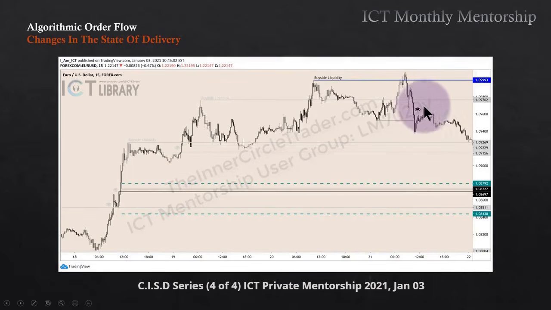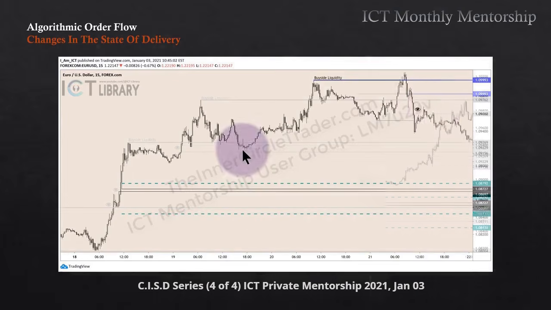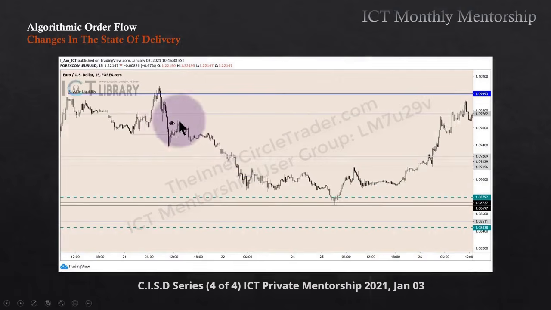And again, focusing here for the imbalance, breaker, and again, expecting price to trade below here. And here's that breaker, trades to, and then we trade down, consolidate, and go right into that fair value gap. There's the levels, consequent encroachment into optimal trade entry. Is there sensitivity there? Yes. What's happened here? We ran to another level of buy side liquidity. So we have a change in state of delivery. It starts going down. So we have sell side at a time when we're inside of a larger time frame